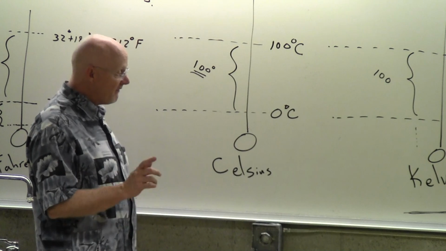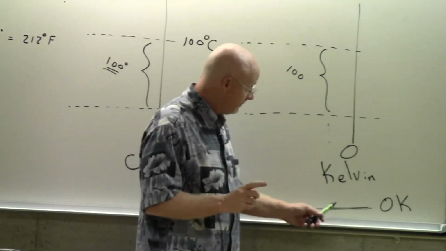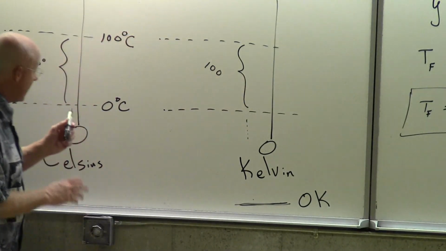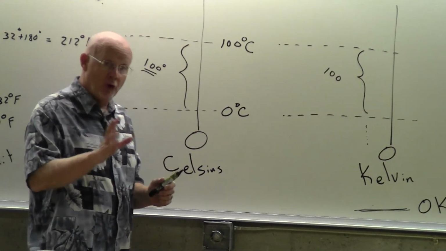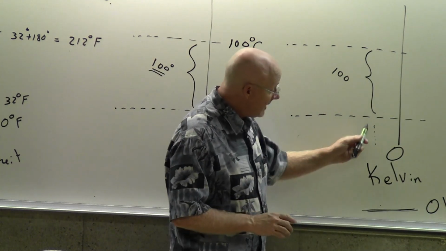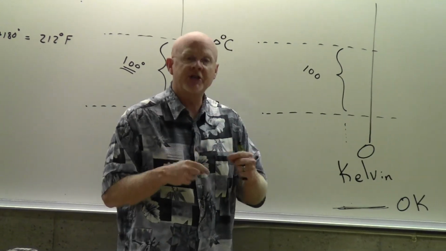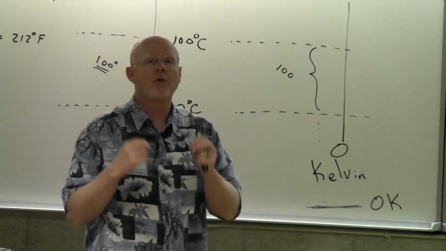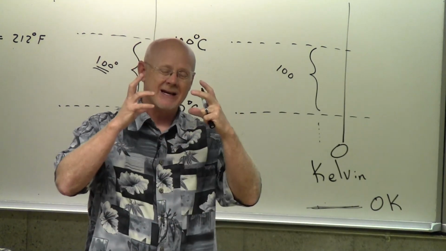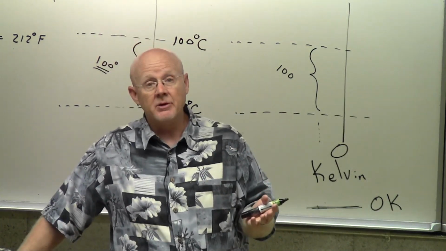All right, so I want to emphasize then, Kelvin discovers A, absolute 0, and then B, makes a new temperature scale that has a lot of the same features as the Celsius scale with 2 important differences. One, he gets rid of the word degree, but more than that, he puts the 0 at a better, more appropriate spot. He puts the 0 Kelvin at the lowest temperature anything can possibly reach. I suppose another way of saying that is he only has positive numbers in his scale.